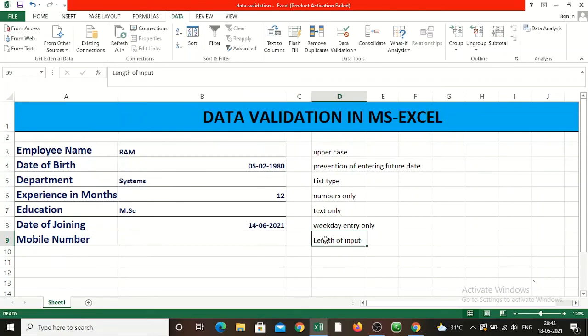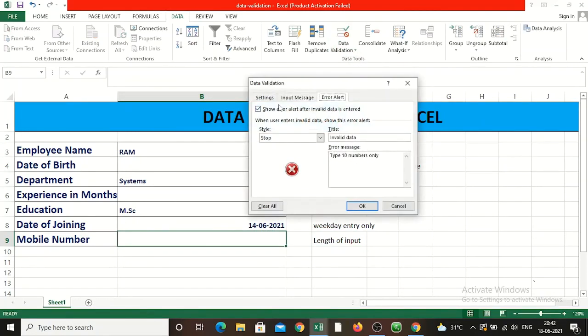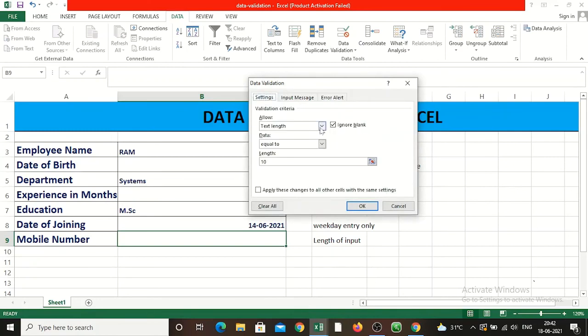So, for that you are creating the length of the input. Keep the cursor in the B9 cell, then click data validation, then go to settings. Under allow, you have to select text length.